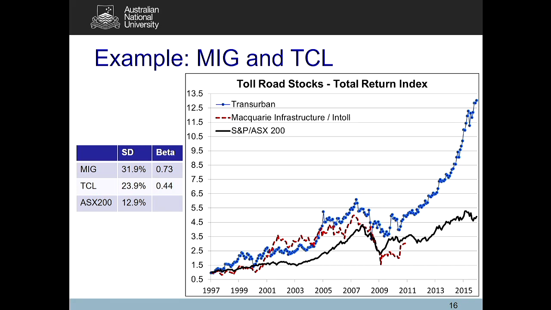And the third is have a look at the chart here. Remember, infrastructure is supposed to be defensive. Look at what happens in 2009. The black line is the S&P ASX 200, sorry, not 300. When the market crashed in the GFC, so did Transurban and so did Macquarie Infrastructure Group. So it is not as defensive as they'd like you to be. And both these companies are set up to invest in toll roads, the most classic infrastructure